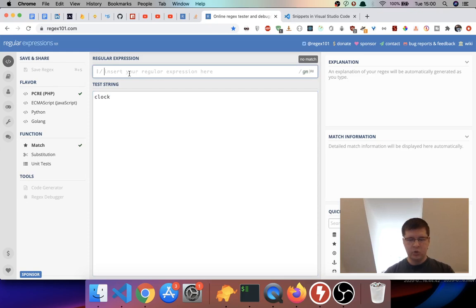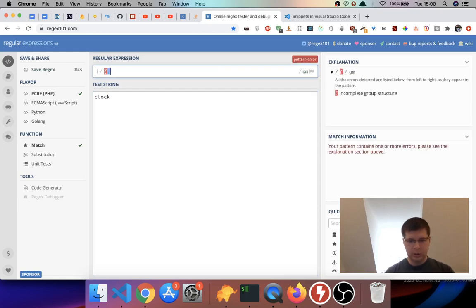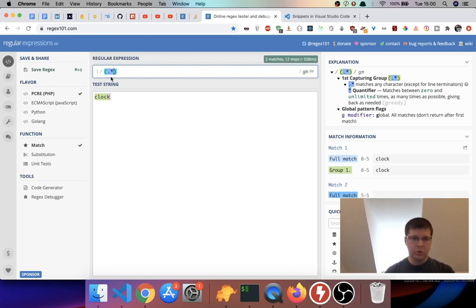So for that you just use this, right? You say everything, which the dot is to get everything as many times as possible. So that's why it's matching all the letters. And you can see here they show you the groups, and group 1 is basically clock. So if I get this regex,